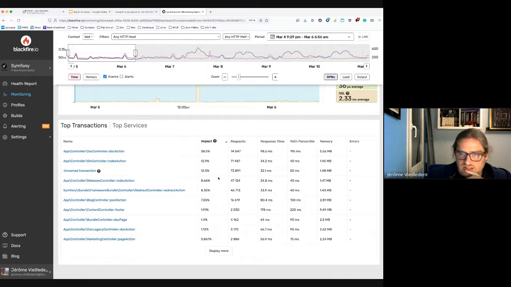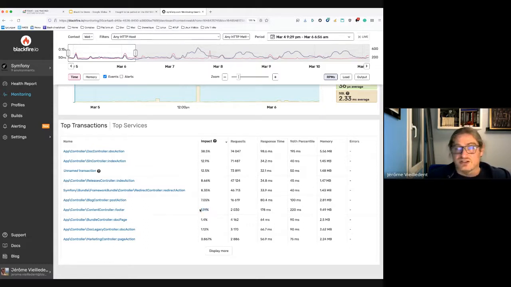Let's compare the first one that has 38% impact with, for example, this one that has a 96th percentile of 220 milliseconds, but that has less than 2% impact. It means that you can decide with facts and figures what you should optimize first.